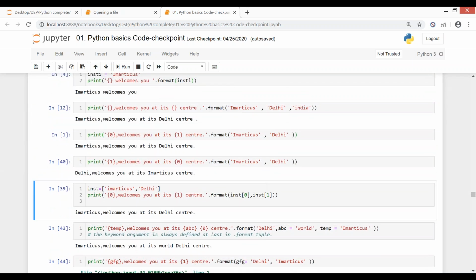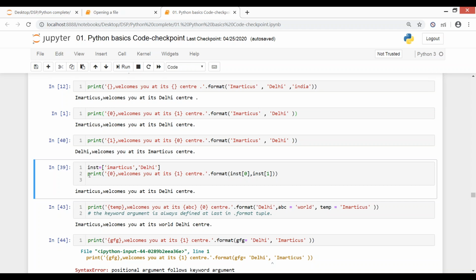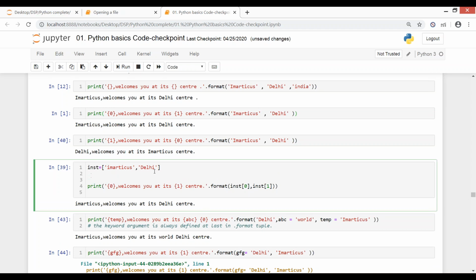You can do it this way as well. That is, you specify a list of values, and from that list specify what has to come first. This was my value at index 0, and this is the value at index 1. So I'm just picking up the value. I'm not hard coding here, I'm not writing the values. If my value changes here, let's say it's Matrix underscore 1 here and Delhi underscore 1 here, automatically any change happening to this list comes in here as well.